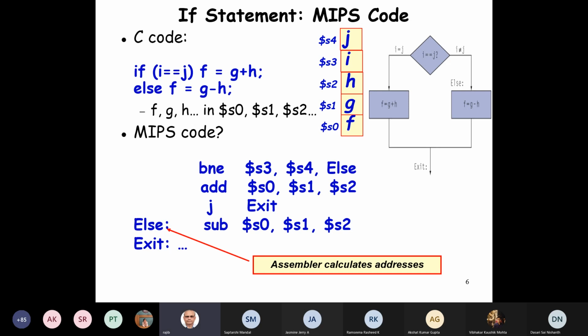Fortunately here, as I was saying, the assembler takes care of computing the exact address to put here. Otherwise, writing programs will be much more difficult if you really put the actual address, computing, counting the number of instructions and so on. And also each time you add an instruction or delete an instruction, you'll have to change the jump value. That will be extremely difficult. Fortunately, the assembler does that for us.